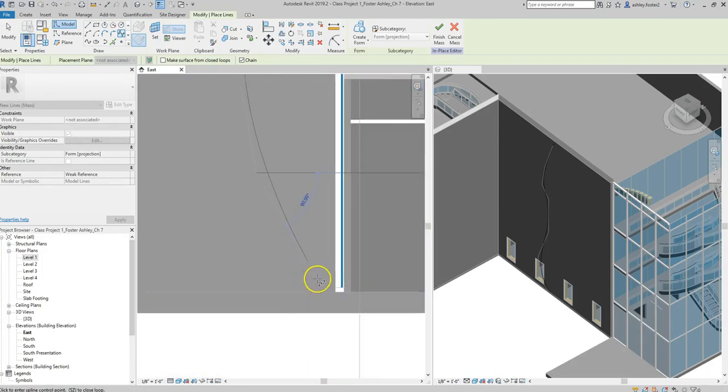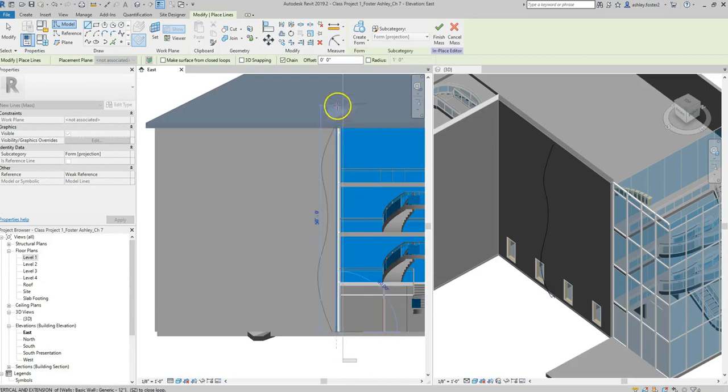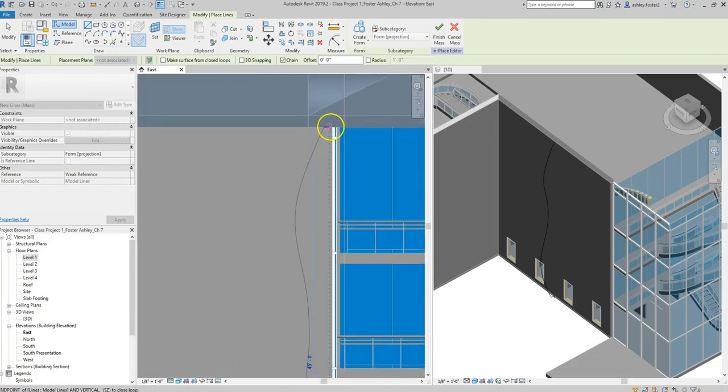and then I'm going to zoom in to the bottom here where it's meeting at the top of the slab, and I'm just going to click to make sure I intersect with that, and then I'm going to change to the line tool. Now remember, at the top we started at the exterior face of that wall, so we want to make sure that we end back on that and then go all the way up to close out the